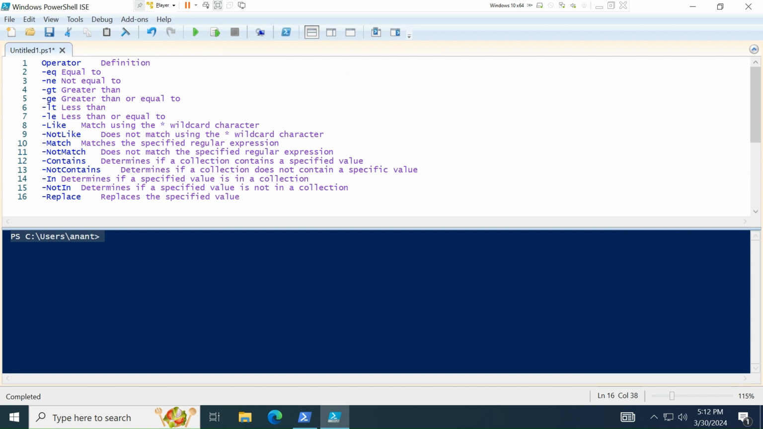Let's talk about comparison operators. PowerShell contains a number of comparison operators that can be used to compare values or find values that match a certain pattern. So you can look at this table. Let's look at some examples. So if I put "PowerShell" -eq "PowerShell",